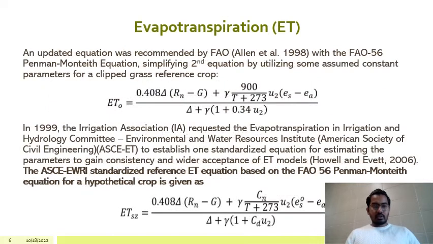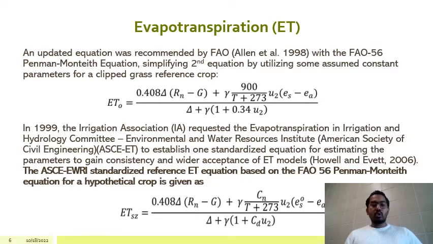An updated equation was recommended by the Food and Agriculture Organization in 1998, which we call the FAO56 Penman-Monteith equation. We are simplifying the second equation and utilizing some assumed constant parameters for a clipped grass reference crop, and we get these equations. In 1999, the Irrigation Association, IA, requested the Evapotranspiration in Irrigation and Hydrology Committee, Environmental and Water Resources Institute,